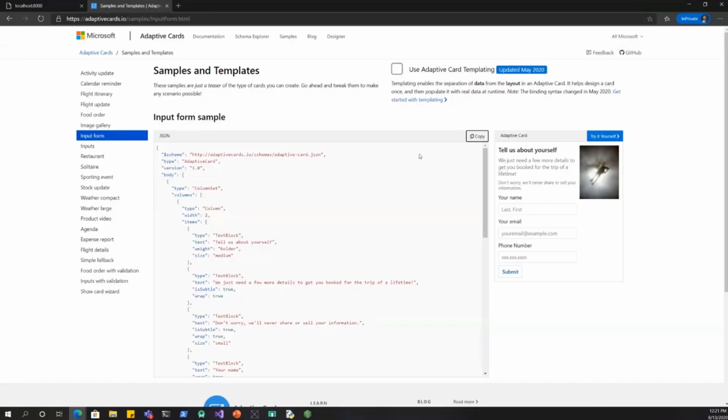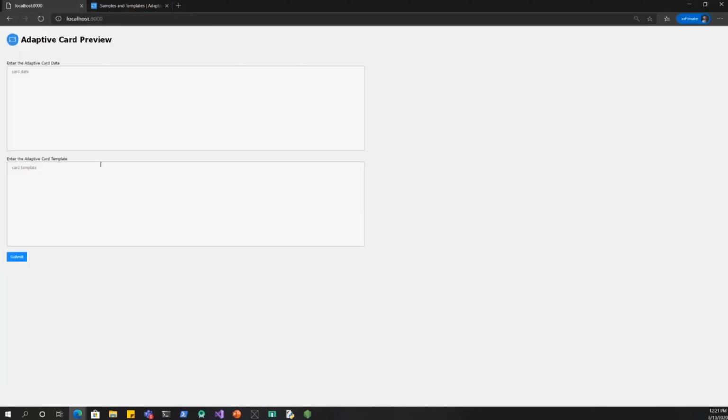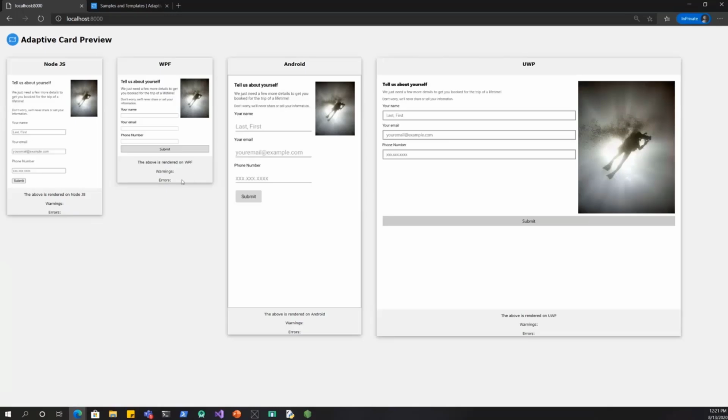So I'll just copy this card. On the right, it's rendered using the JavaScript rendering SDK. Once I paste this payload here and click submit, I should hopefully be able to see this card across the platforms that we support. So as you can see, this is that card payload rendered using the JavaScript rendering SDK, the WPF, Android, and